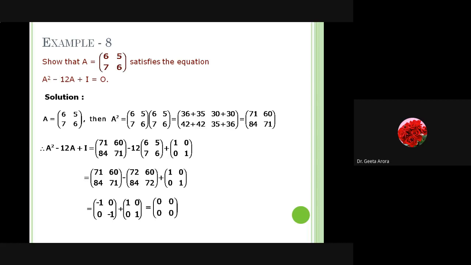Correct? So whenever something is there to show, it's very easy, because actually we are not doing a new thing or we are not calculating a value where there is a chance of getting a mistake. So always whenever there is a question to show, be sure that you are doing it very well, because there is a full chance of getting full marks, because we have to show something, and if we have shown, that's done. Nothing to be calculated. So it's easy, rather than the questions in which we are saying what is the value of this thing. Correct?